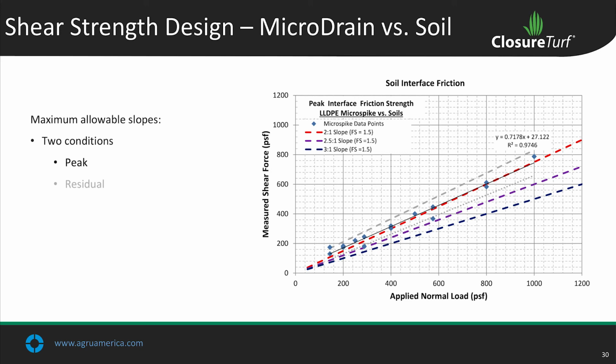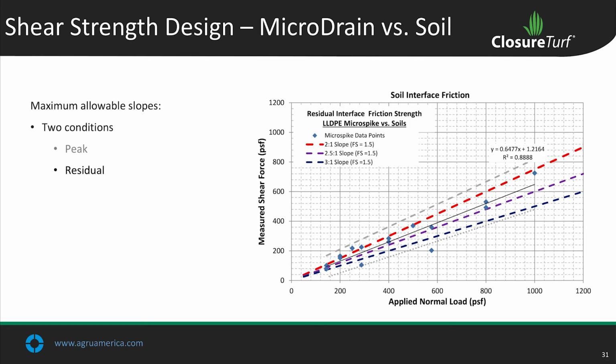For a MicroDrain or microspike on these same slopes, generally you're probably okay with even a 2-to-1 slope for peak, even though this 2-to-1 slope is landing right along the linear regression line of these data points. Those of you who talked to me before know I recommend using this line here, which is the 90th lower confidence interval and stability, which would allow placement of 2.5-to-1 and 3-to-1 slopes of this material